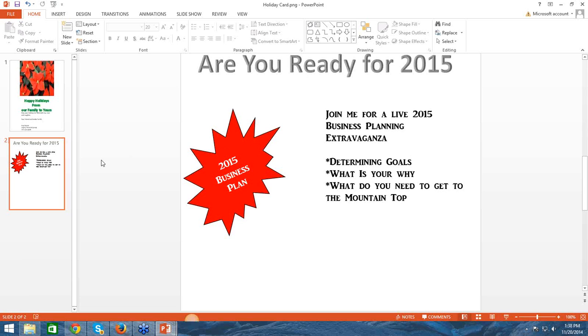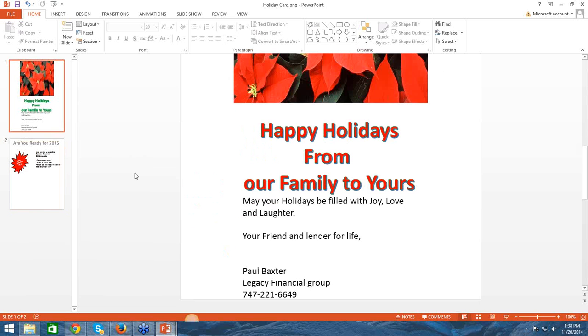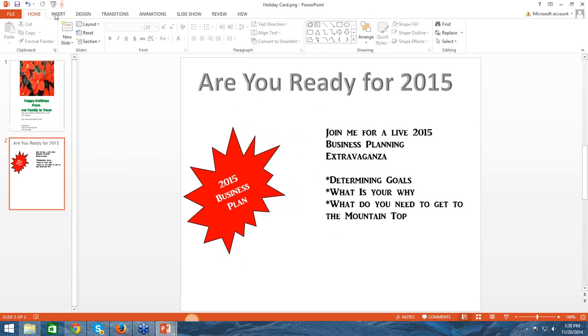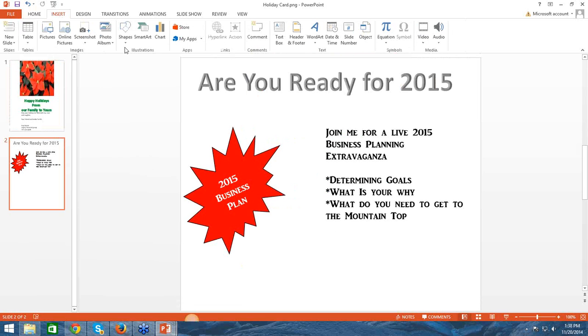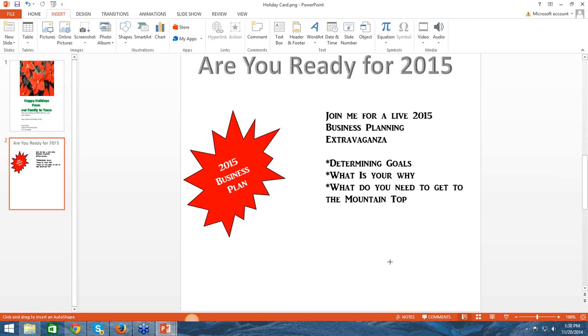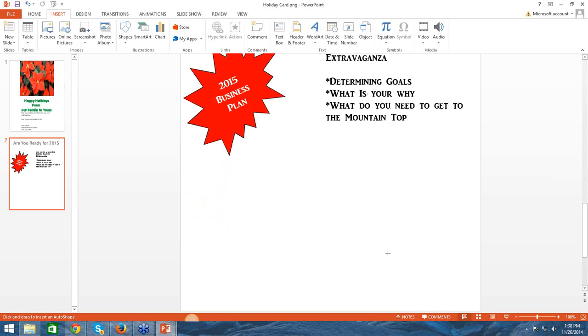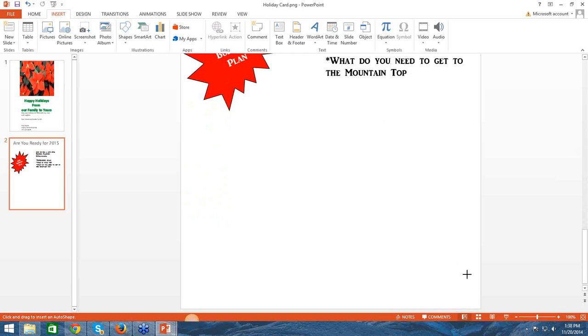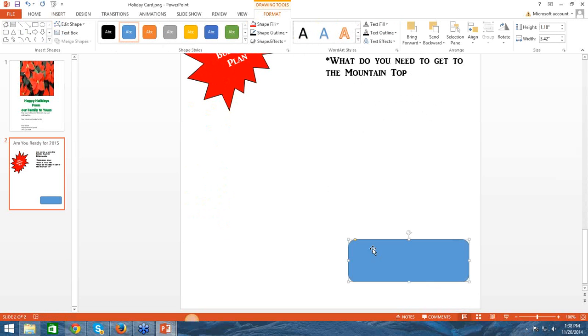It's not connected to anything. But I want to make sure that my contact information stands out. So I'm going to come over here and insert a shape, and I'm going to snag this rounded edged rectangle here, and I'm going to insert that right there, and I'm going to say, oops, let's go with brought to you by